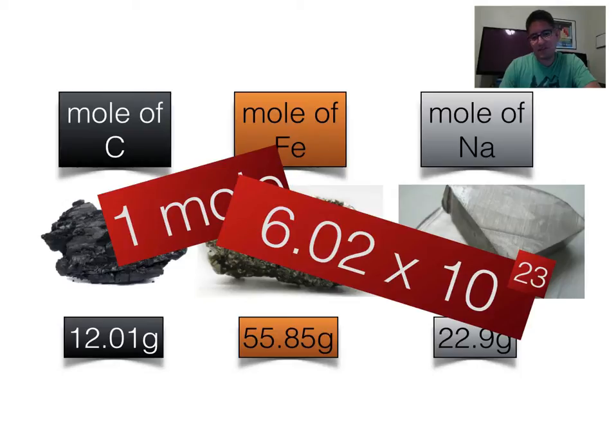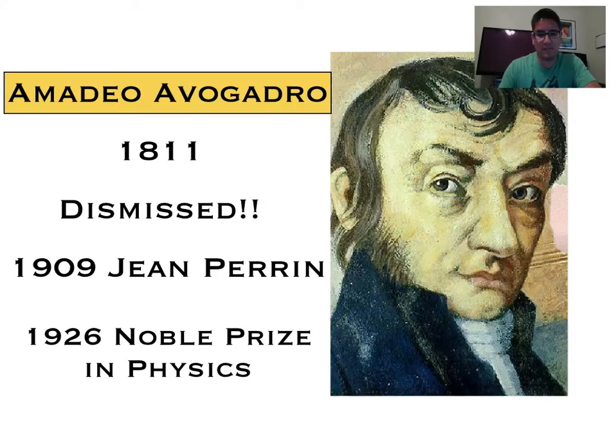So 1 mole of each of these is that many particles or elements involved. Otherwise, we'd be dealing with quantities that are way too small and not practical enough for us to work with in a lab. So this number, Avogadro's number,